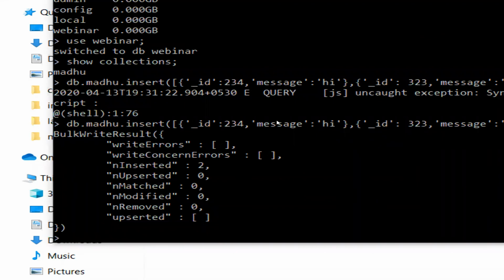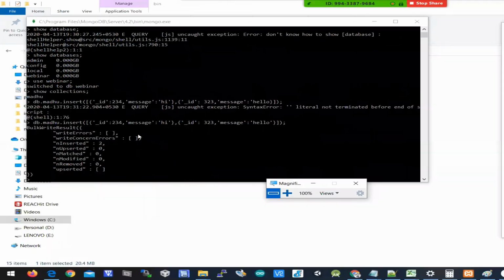When you put square brackets, it is nothing but a list, as in Python, for you to understand. So you need to pass a list of documents to the insert method, and all the documents will be inserted into the MongoDB collection.